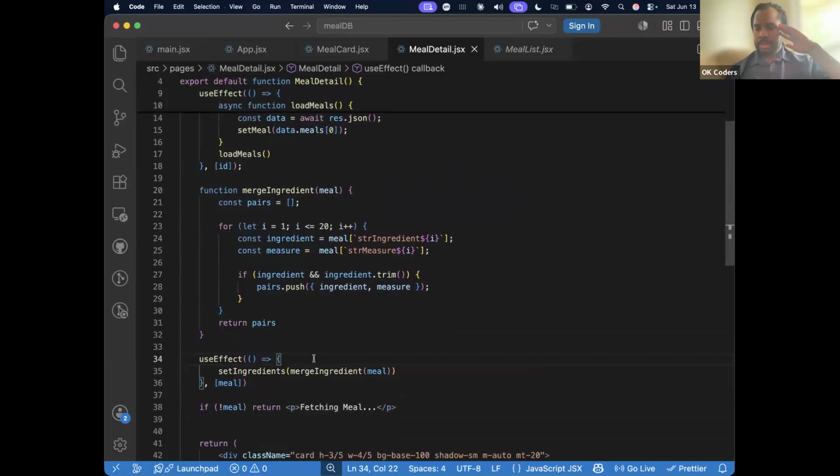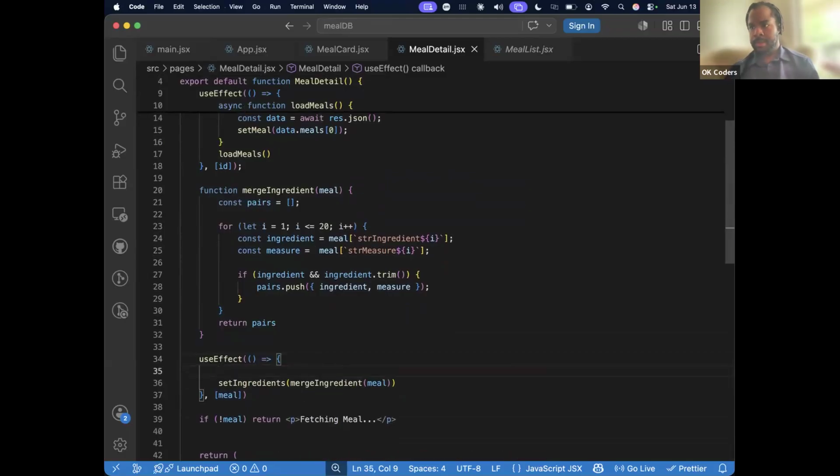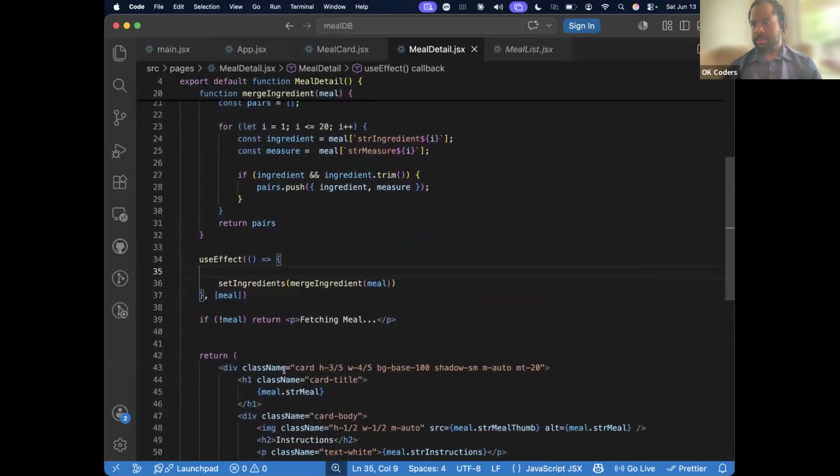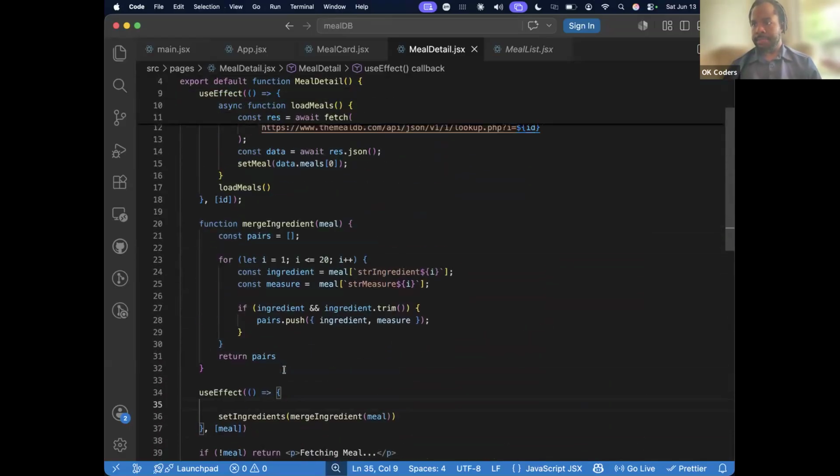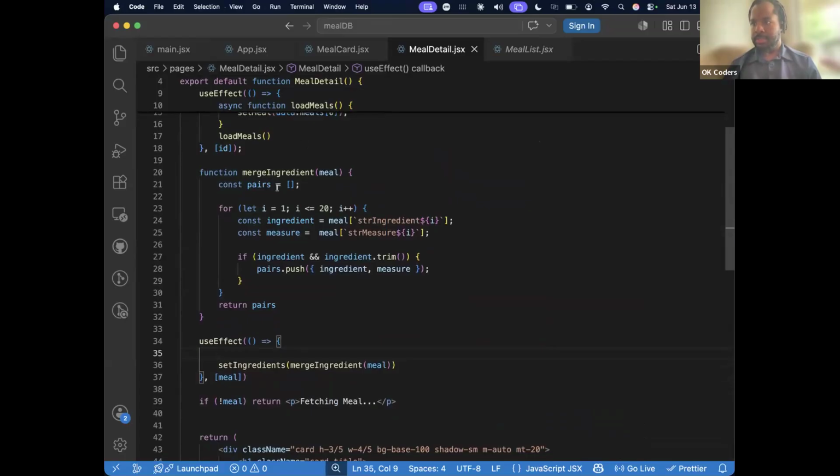So this function, we got the pair, it's not going to be able to loop through a null value. So what we want to do is